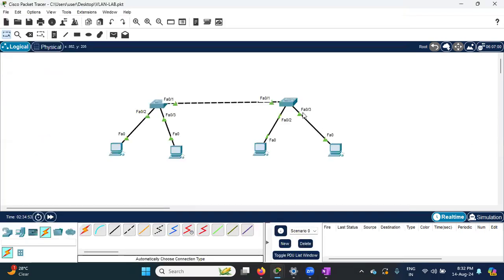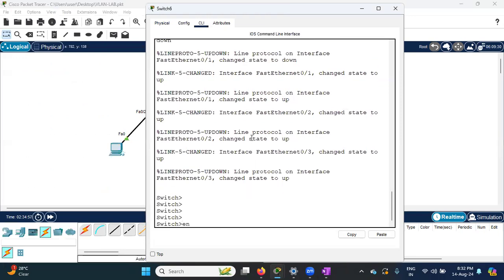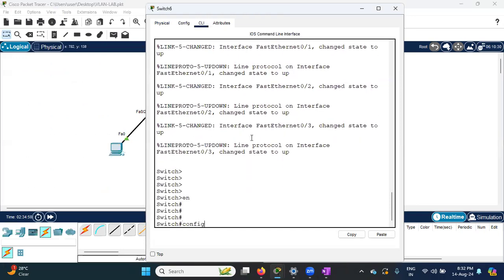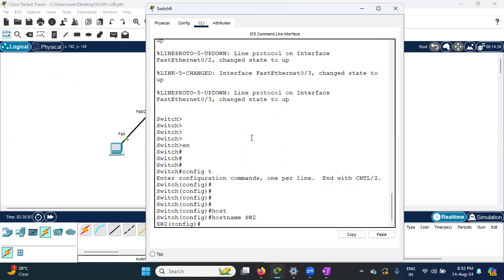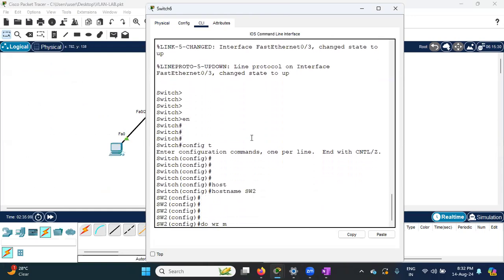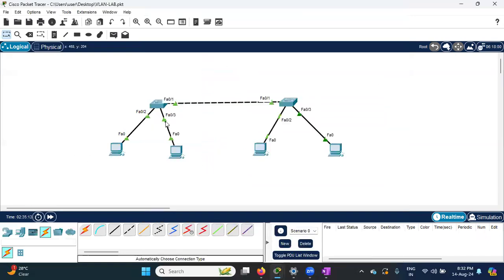So on the other side as well, go here. Identify which switch we are logged in to and what we are doing on which device, right? You need to know where and what needs to be done. So switch host name: in every company, host name is very important. You will see host names configured in each and every company. So switch 2. Now switch 1, as I said, if